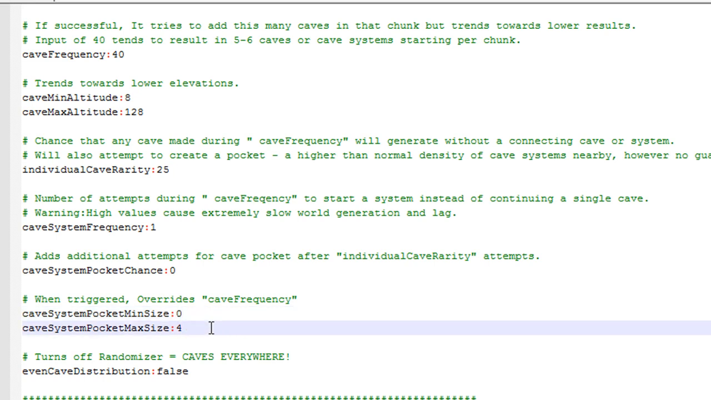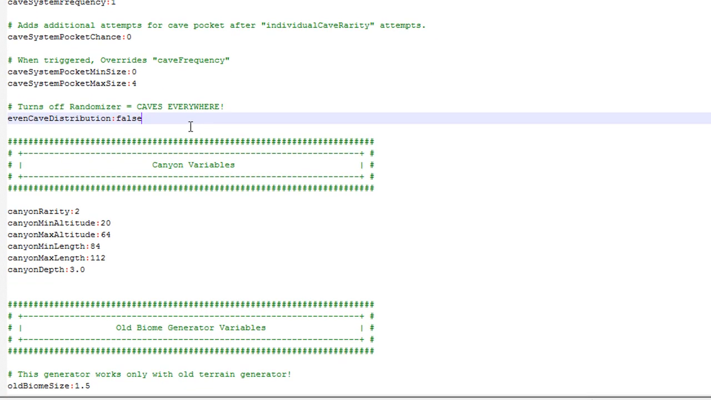So if it does create a cave pocket, this will be the size of it, from 0 to 4, a random value from this. If you want bigger cave pockets, then you can increase these values. If you want smaller, then decrease them. And finally we have the even cave distribution, and this will attempt to create caves in a nice orderly fashion. But if you turn this off, then there's going to be caves everywhere. There's going to be much more caves. So if you want caves everywhere, if you have like a cabin or something, then you might want to set